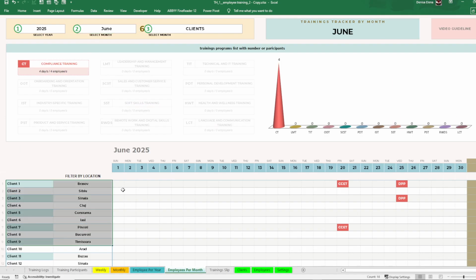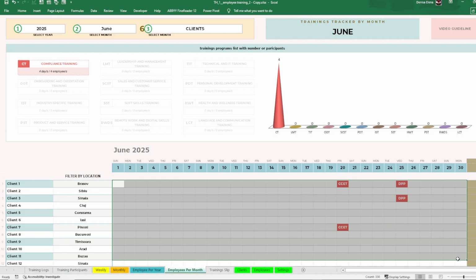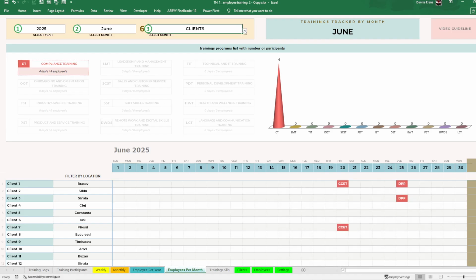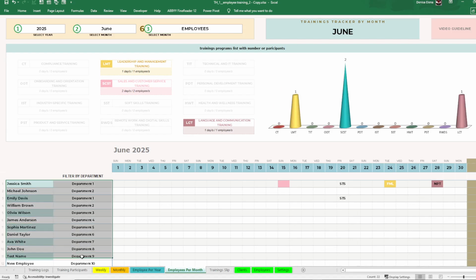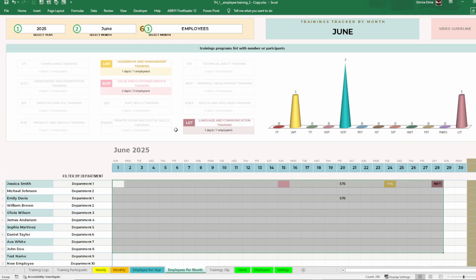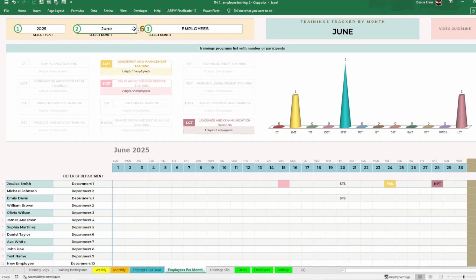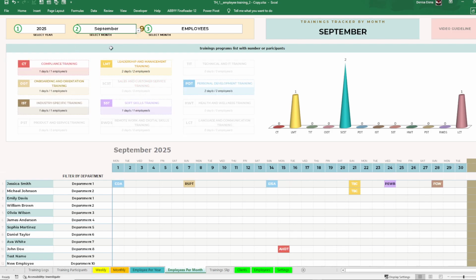If you want to see the clients for the month of June, for example, select June and you'll see all the clients with all the trainings for the month of June. If you want to see clients for June, just change it to clients, and instead change it to employees, and instead of clients you'll see all your employees with all the trainings for the month of June. Okay, going back into September,